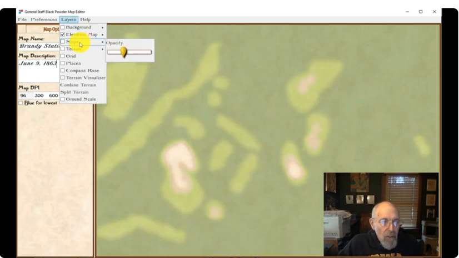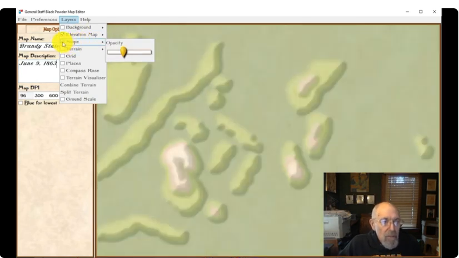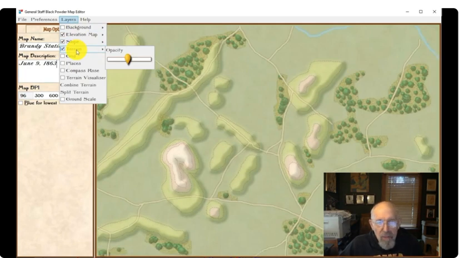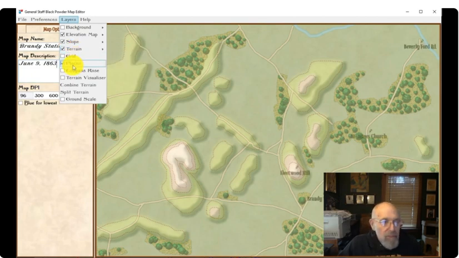And then there's the slope, which is a nice little effect that Andy O'Neill created. And this allows, well, it just does this 3D slope effect that looks wonderful. And then there's the terrain. The terrain is obviously the roads, the woods, water, stuff like that. And then the places are the place names I just created.